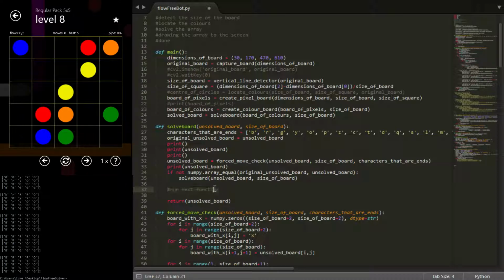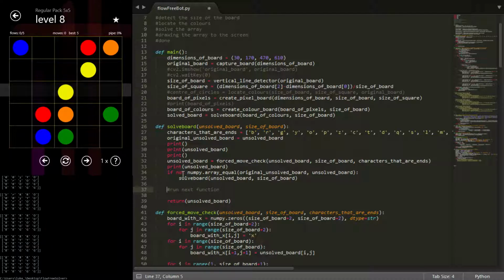We're not going to be writing this for quite a while yet, but this is where we can expand in the future and try and find other algorithms to help solve this, maybe methods that aren't as robust as this. Then it's going to return the unsolved board at the end. So what you'll see when I run this